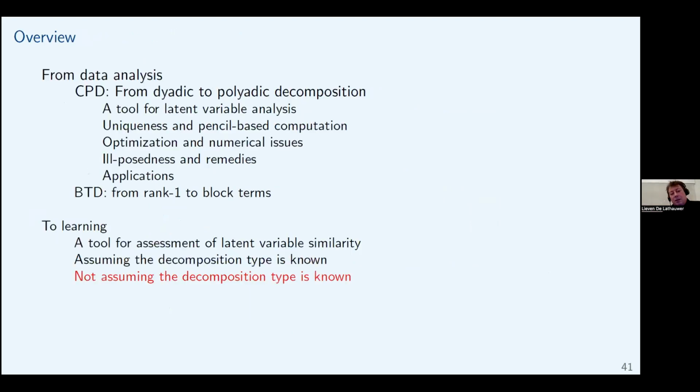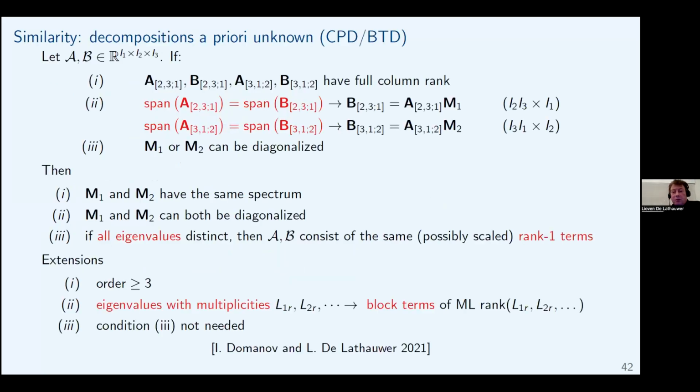And then the third, the last result is that if you don't know about the decomposition, it can be a BTD, then you have a more general theorem where there are now more matrices that need to have full column rank. There are actually two flattenings for which you need to match the subspaces. These yield some transformation matrices between the basis factors of the two subspaces. And so